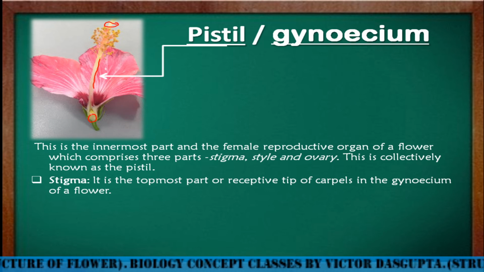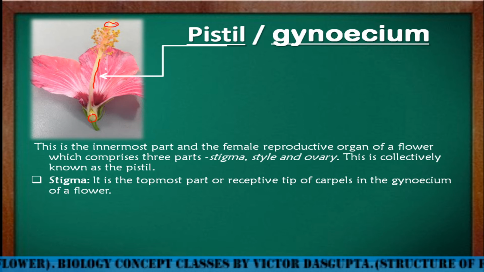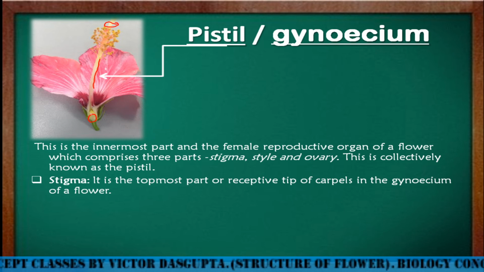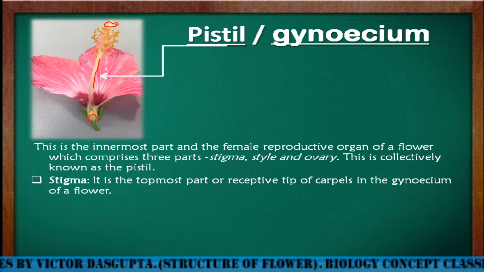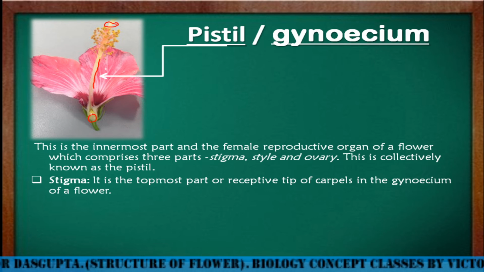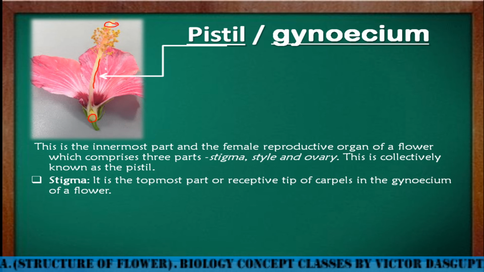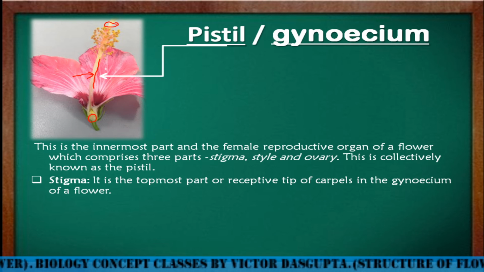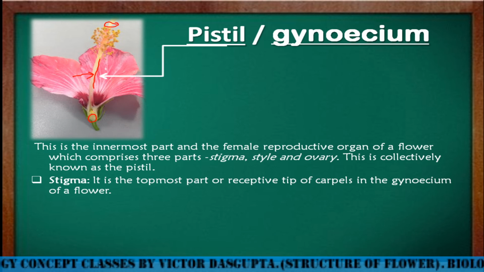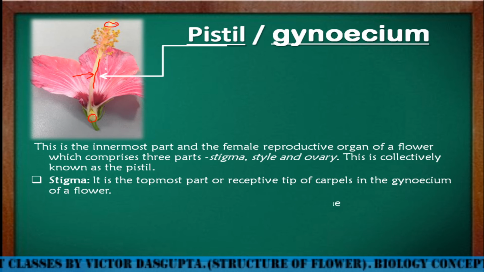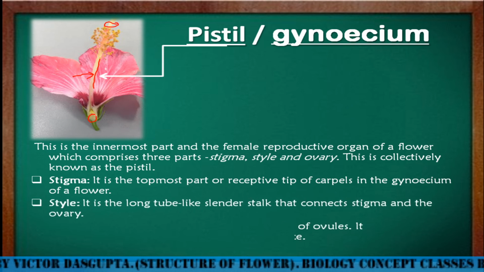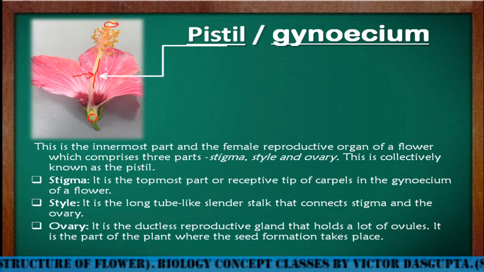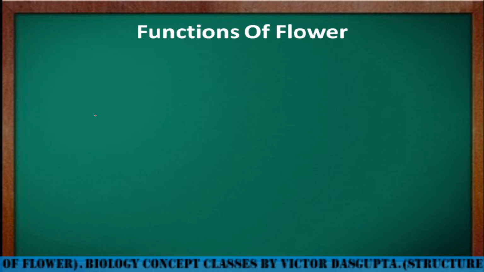Each of them plays an important role. The stigma allows the pollen to land on its surface. Here the pollen-pistil interaction starts, and then pollen tube formation occurs through the stigma, then the style. The style allows the pollen tube to move towards the ovary, and the ovary is the organ where the fertilization process and everything goes on. The ovary will form the future fruit after fertilization, and the ovules will become seeds.